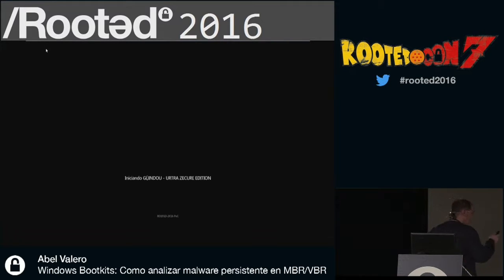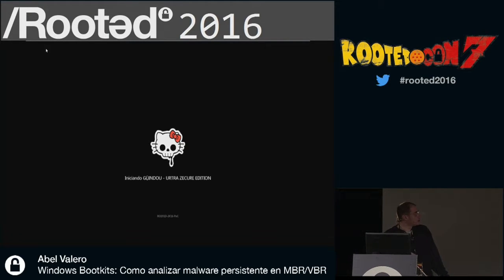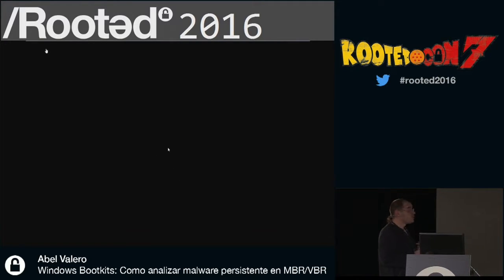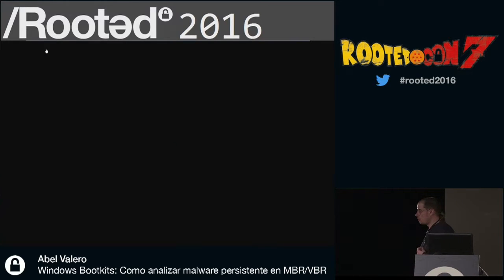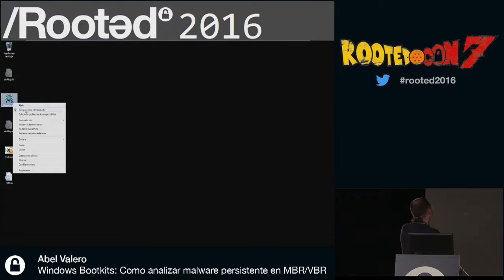You can see on screen that we are under the influence of rootkit. The rootkit has changed the logos, the Windows logo type. This is the beginning, the initialization. 40 sectors are occupied by this logo. I have only 5K size to put the whole stuff.